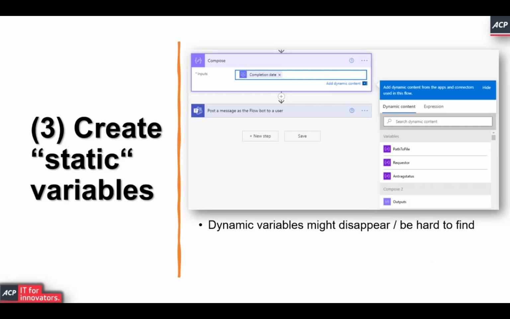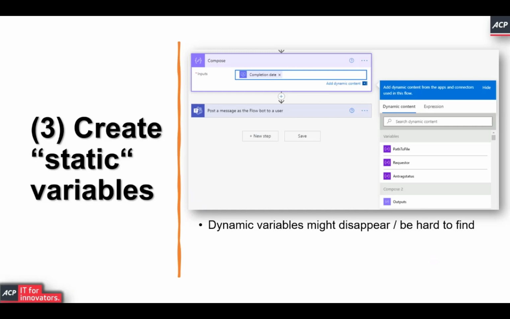However, at some point, I think that's a glitch in the system and not by design, but for very complex flows, dynamic variables might disappear, might be hard to find. So you can see in that screenshot here that even though there is a search field that says search dynamic content, if you have very long and complex flows, they might still not be found very easily.